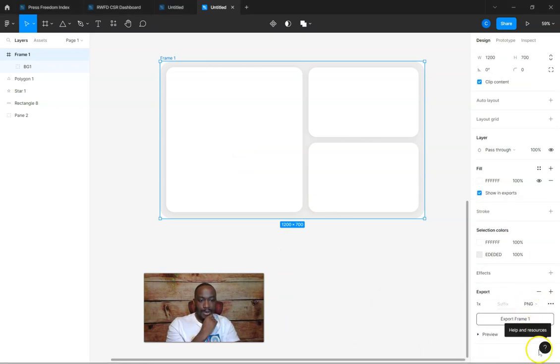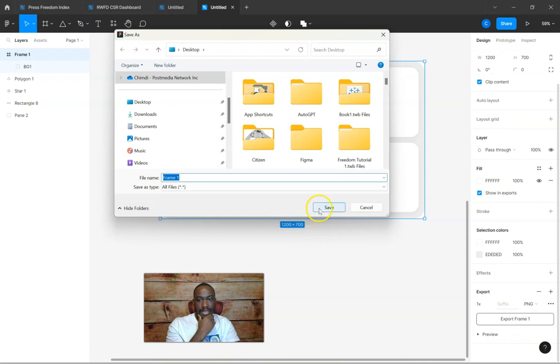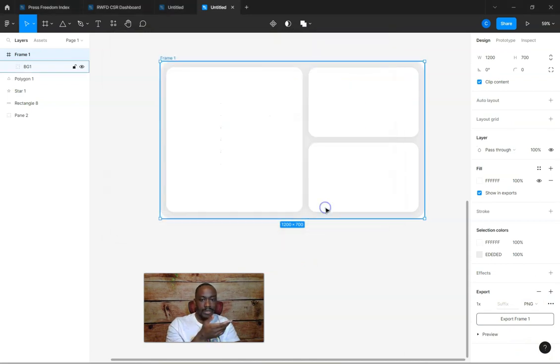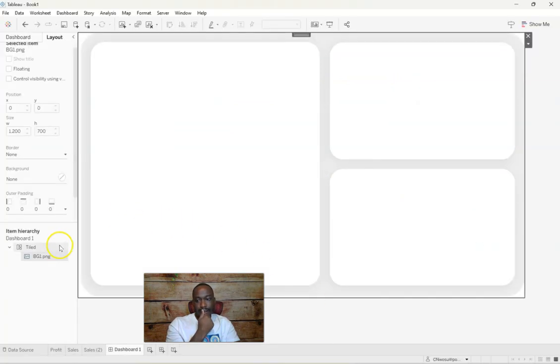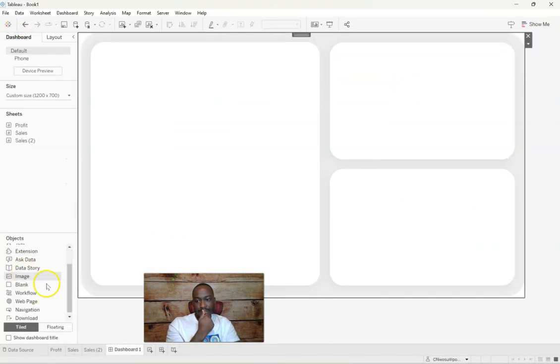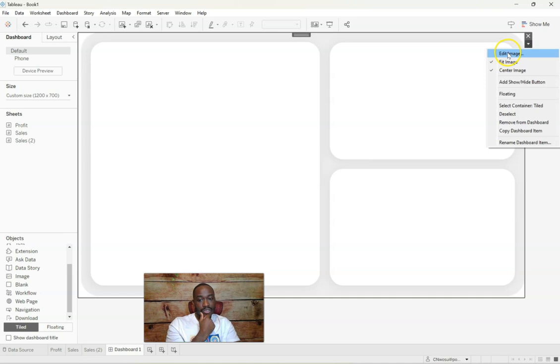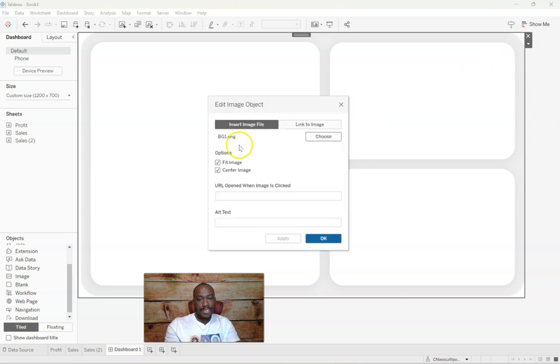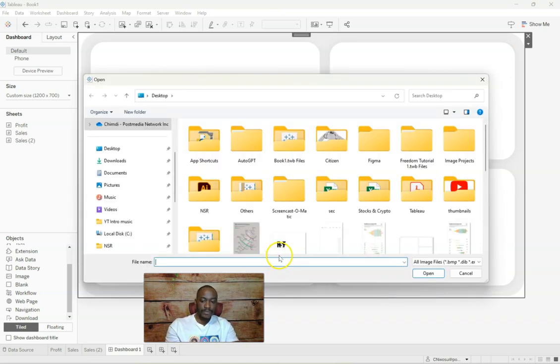So we can go export, export frame 1. I'm going to save it on my desktop as well. And then let's go back to Tableau. So now let me go dashboard. I'm going to click on my image. I'm going to click on this arrow and I'm going to say edit the image. And we're going to change this BG1 to frame 1, which we just downloaded. So let's go choose. Let's go frame 1,